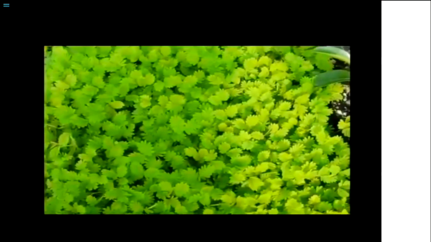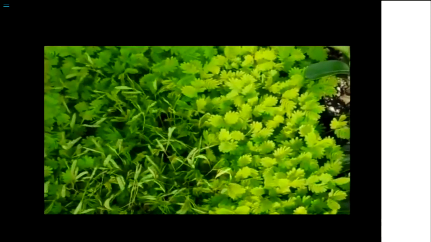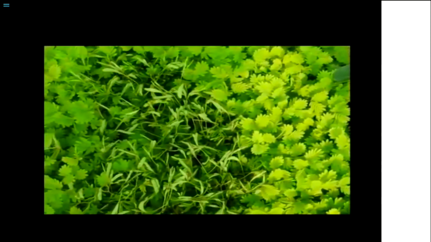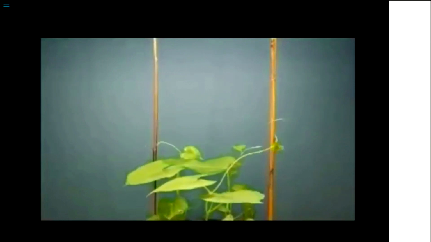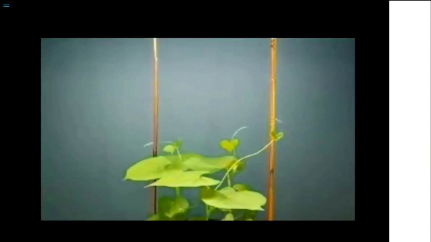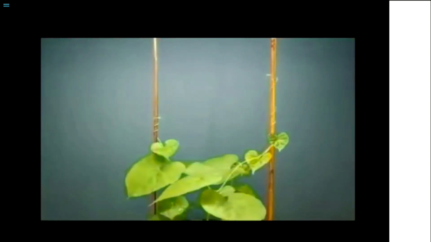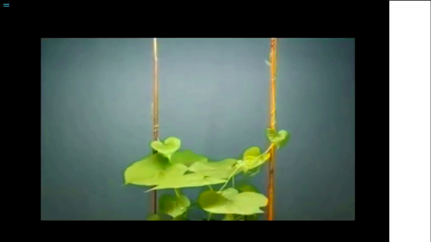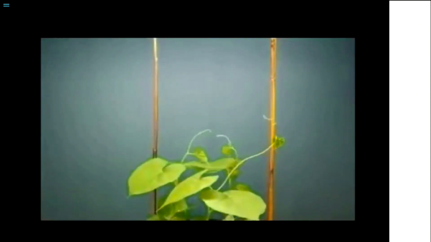So here see, the touch me not plant, your familiar plant. See how nicely it is moving. This is also a type of movement we can see in the plant. Okay. See here the tendrils, how they are moving. See, this is the slow movement. To climb the support, they are moving around. Moving around, they can climb easily to the top. So this is also a type of movement we can see in the plants.